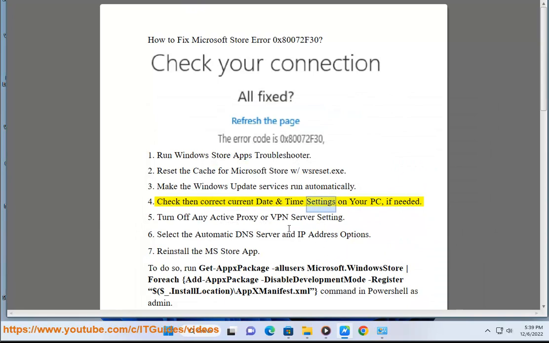Check and correct current date and time settings on your PC, if needed. 5. Turn off any active